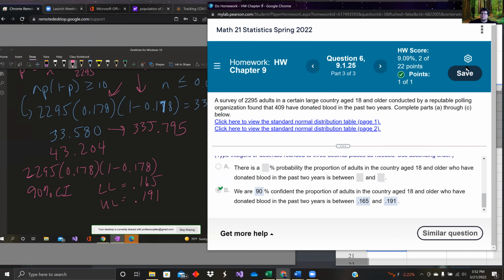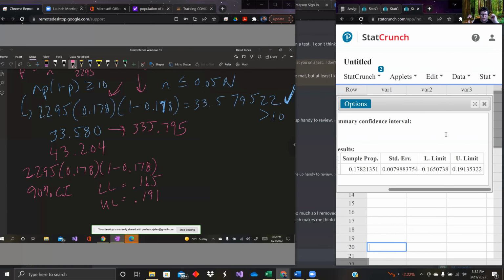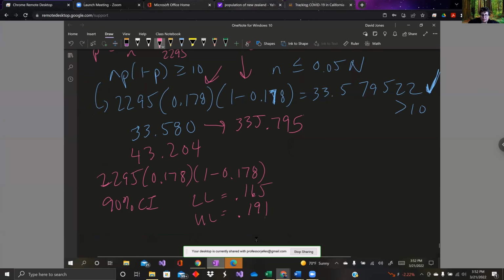All right, so that's going to be it for today. On Wednesday, we're going to do 9.2. 9.2 is on doing the same thing for a population mean. And I think I'll get a sample size or power sample size in there for that one as well, just to give you a sample of what you can expect on your homework. But I think we're going to call that a wrap.